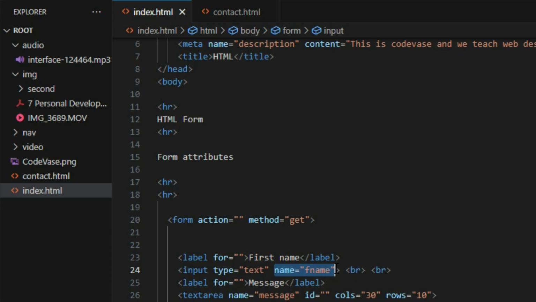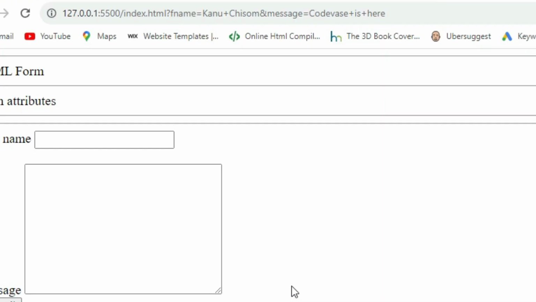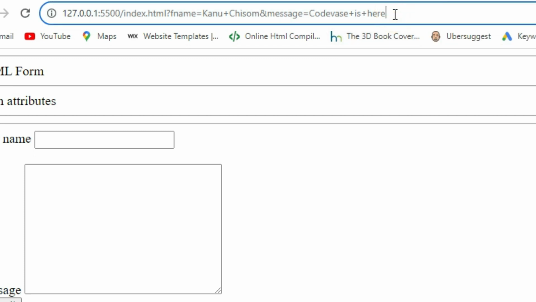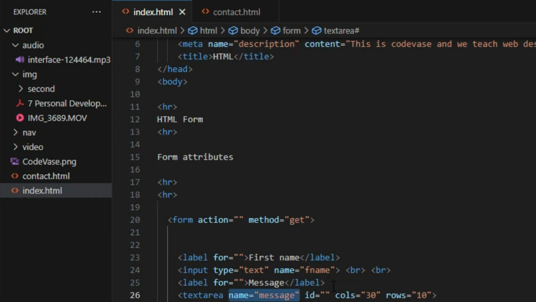Now this name is actually getting the data we have inputted in this text area. You can see fname equals what? JSON, and message equals what? Code base is here. This is showing here because we are making use of the GET HTTP method. We are making use of the GET method to send out this